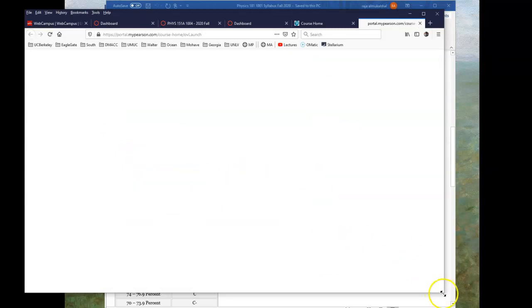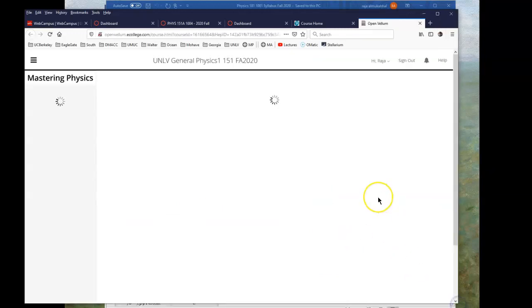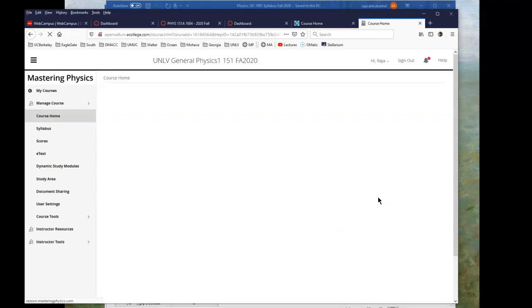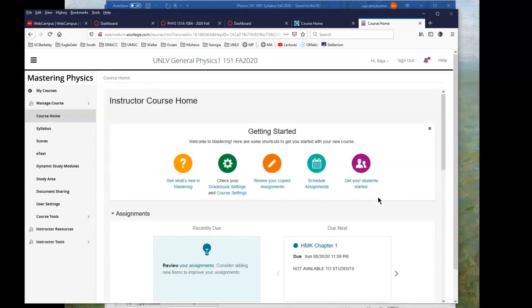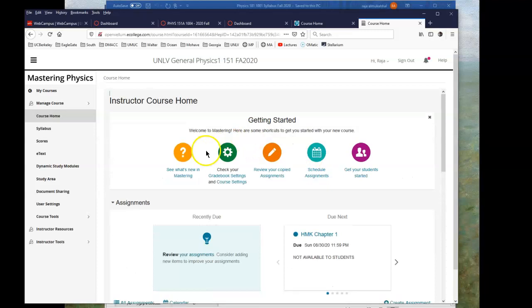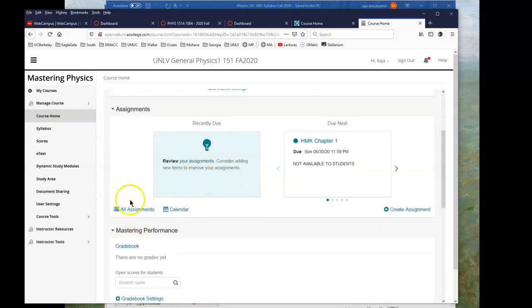And this is the home page of the course, okay? Again, it's going to look identical regardless of which course you're taking with me. So this is the home page right there. It doesn't look very pretty, but there it is. If you scroll down, you're going to see all assignments right there. See that? So if you click on this one,